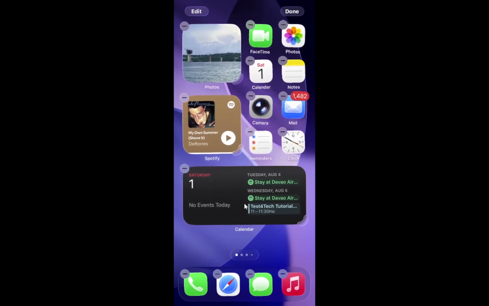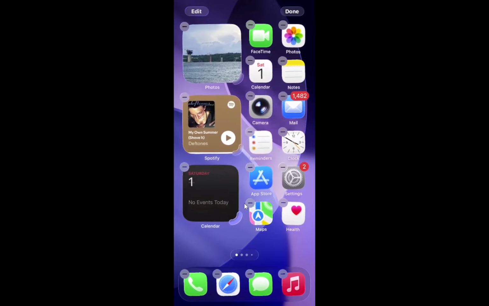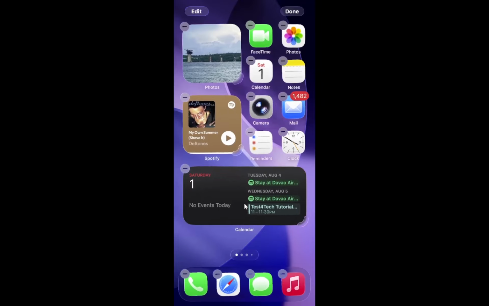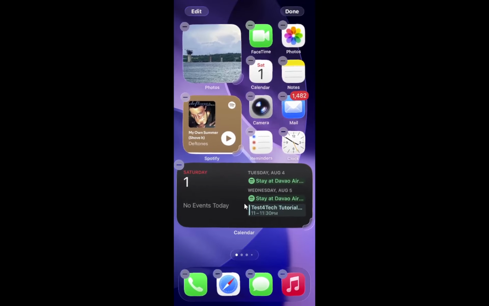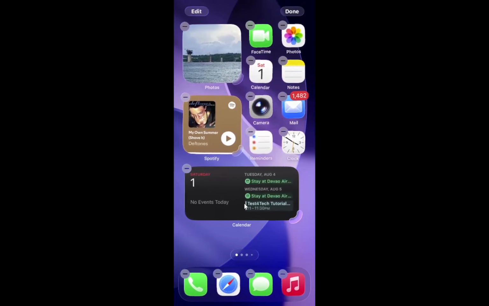Be sure you press on the widget itself, not on a nearby app icon. Hold for a brief moment until its context menu appears. On most iPhones, you will feel a short vibration as that menu pops up. The rest of the screen will blur slightly in the background, which is a good sign that you are working with the right widget. Depending on the widget, you will now either see size options in that menu or a resize handle on the widget.